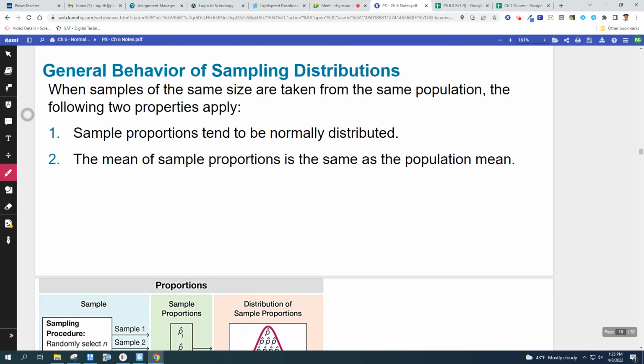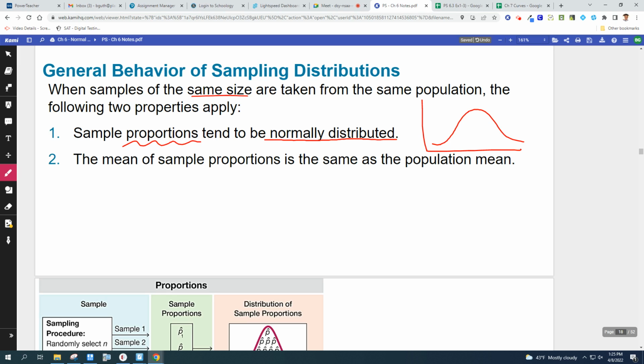General behavior of sampling distributions. When samples of the same size are taken from the same population, the following two properties apply. Sample proportions tend to be normally distributed. So remember, when we're talking about a normal distribution, we're talking about that bell-shaped curve. That's how the numbers are spread out, I guess. All right, so it's kind of important that we take samples of the same size, but it says sample proportions